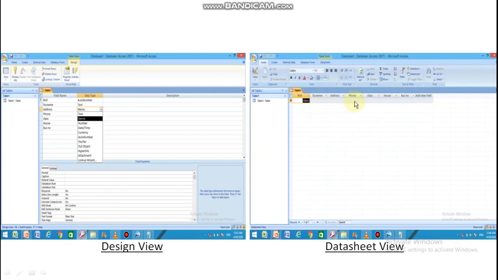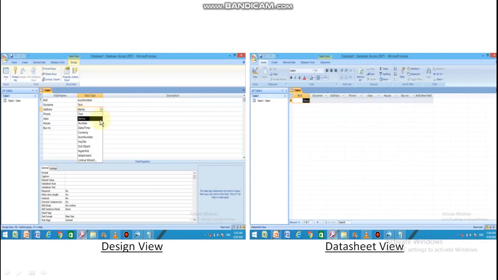These cell-like structures are the area where we will enter the data. Just double click onto the cell and the cursor will appear where you can enter the data. You can use the arrow keys to switch between various cells.